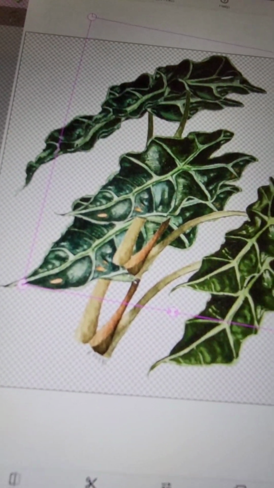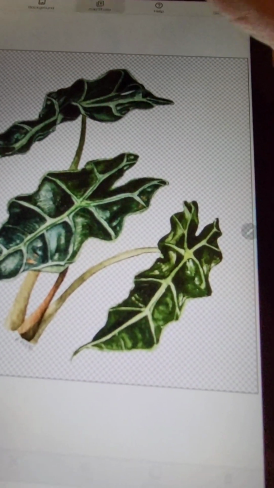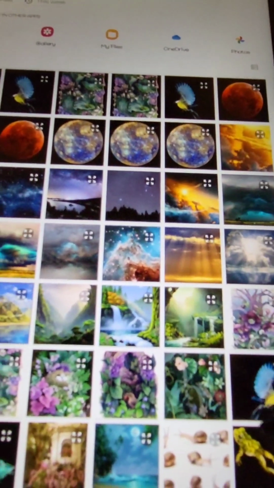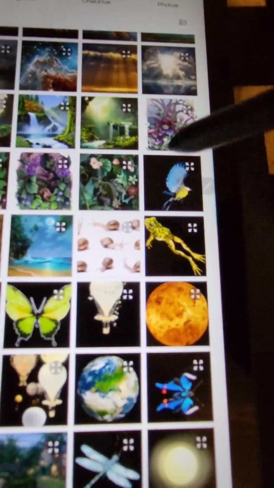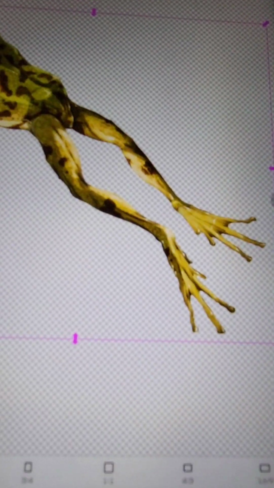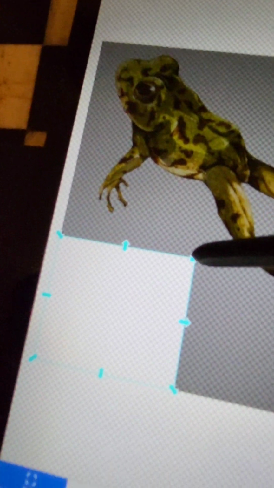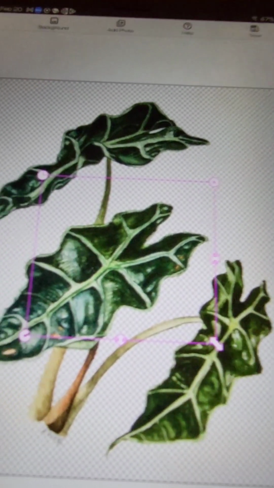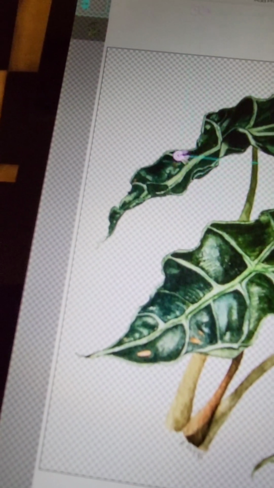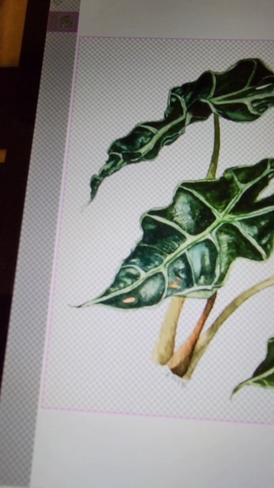Okay, so just remove this and I'll show you. Add a photo and just take, let's just say the frog, because he's got a nice little corner. See how it's edit? Just go like this and hit done. Now this would be my clear background, okay? And I wouldn't have this background. I would change